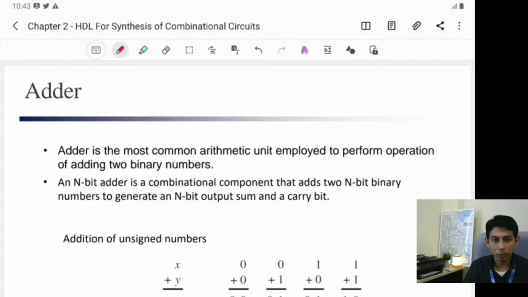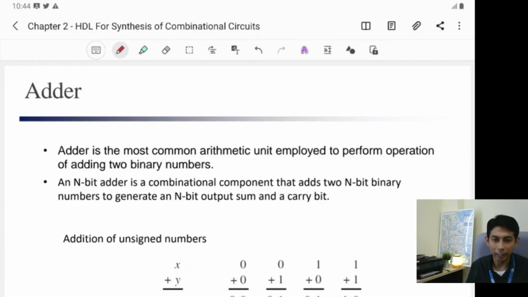How can you imagine how you want to do calculation using a circuit, using hardware, where the hardware is not a living thing? So it is quite